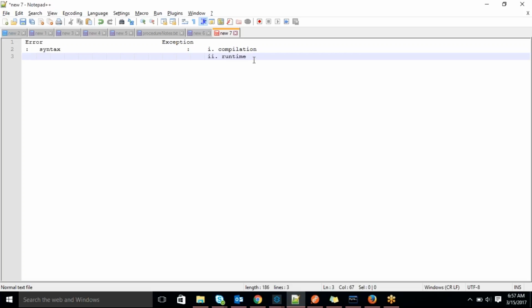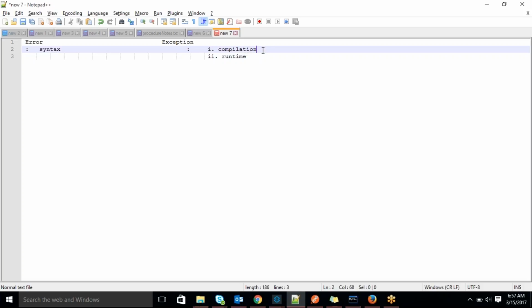Like file not found exception. We are trying to read data from a file, but in that particular path the file is not there. So that is a runtime exception. Here some null pointer exception, string index out of bound exception, these are all coming under